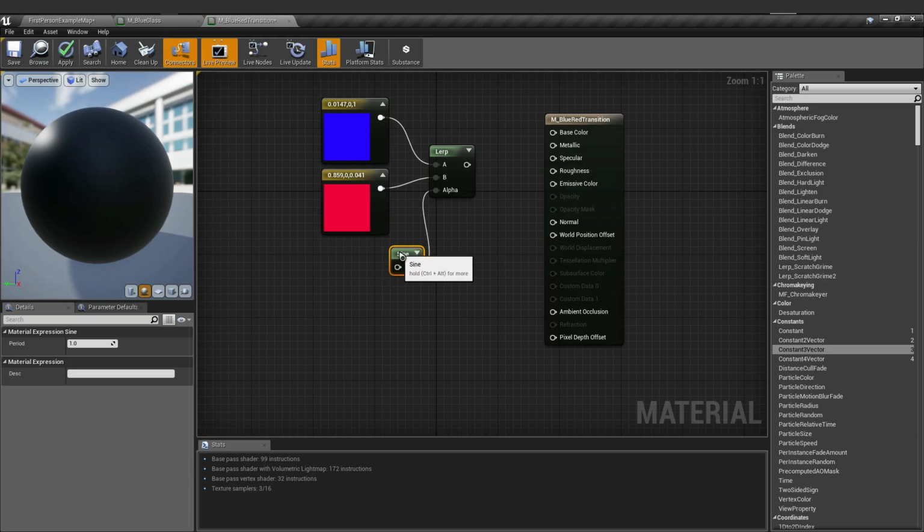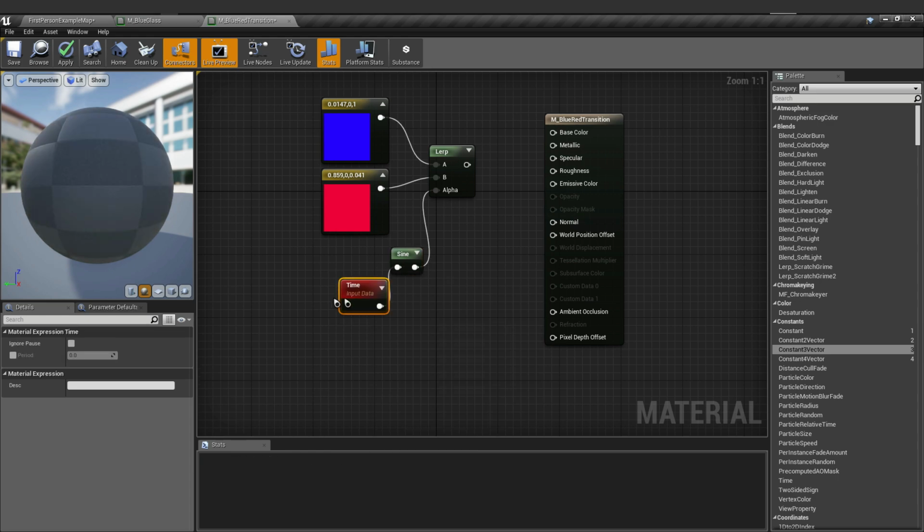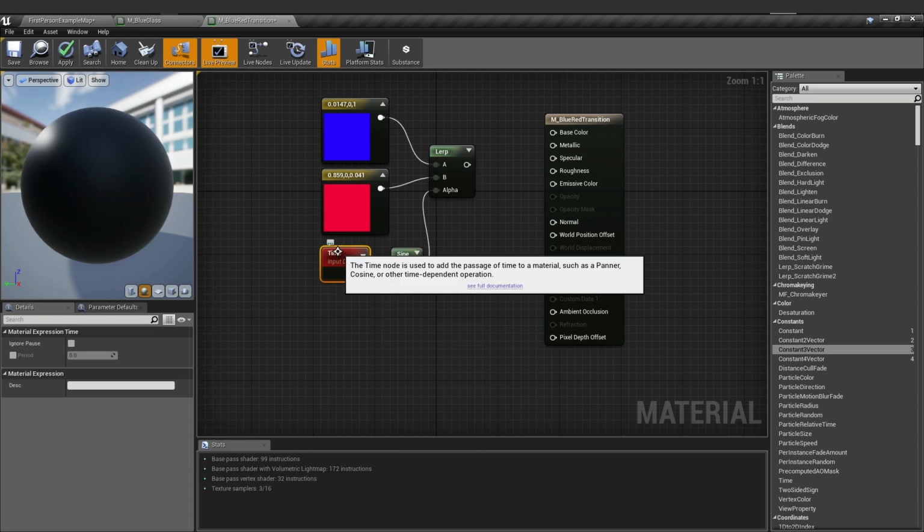To make it transition in time, or in seconds, let's use a time node. Time is a node used to add a passage of time to a material.